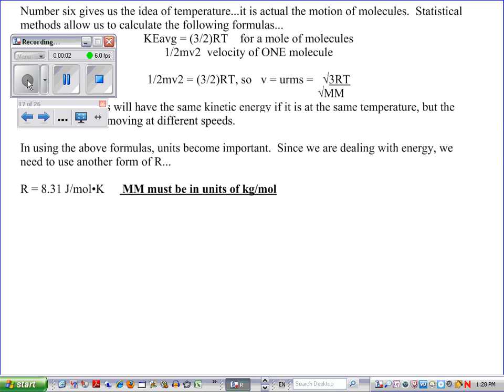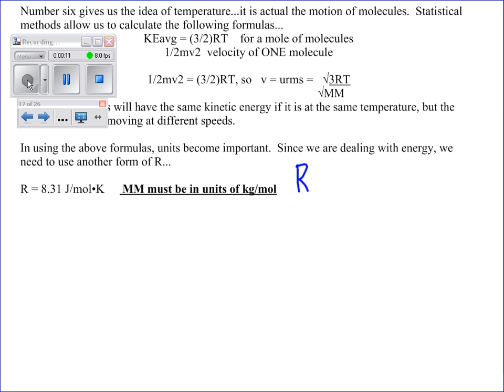All right, so today we're going to talk about a new equation, and we're going to derive it. And it's something that you're going to learn in physics as well, if you haven't done so yet. It's called the root mean square velocity. And it's actually kind of cool to see where it comes from, because it comes from places that